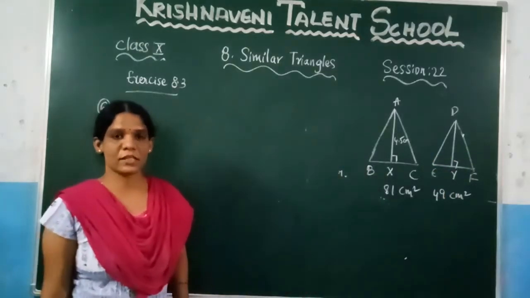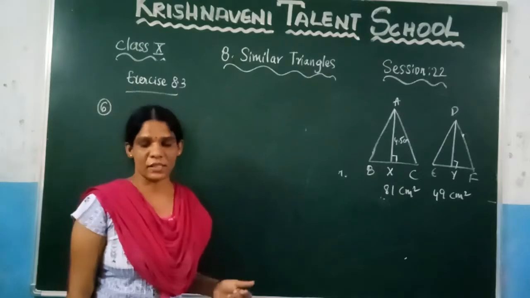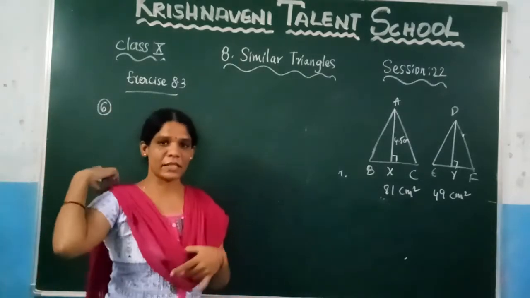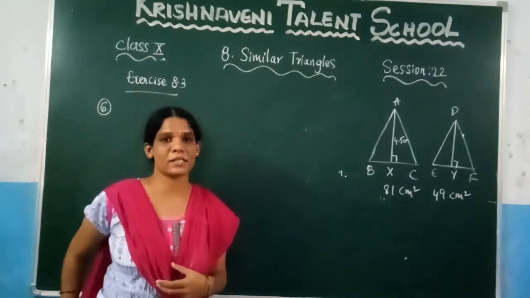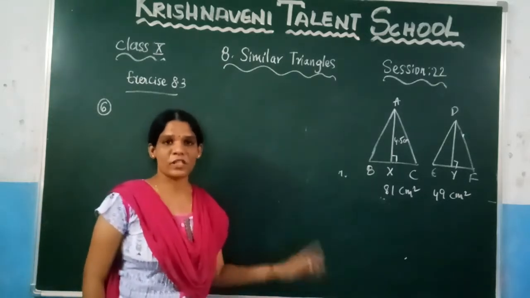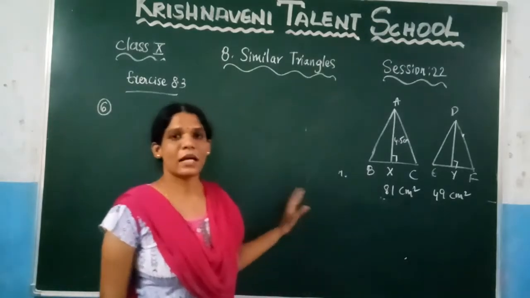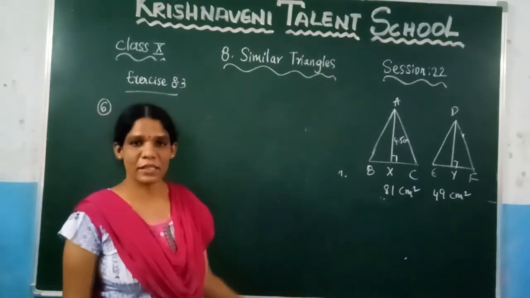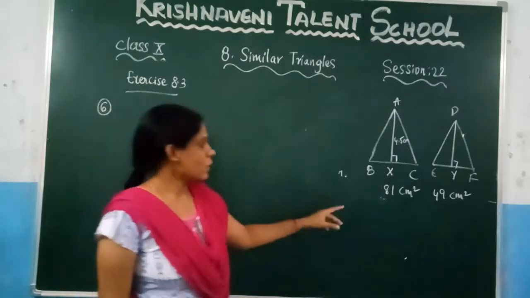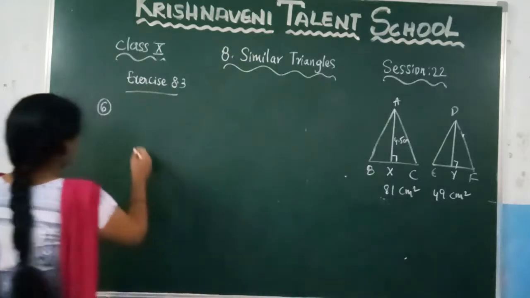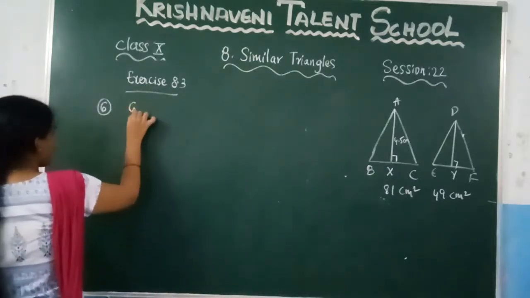And before, in this exercise only, we have got one result. I think in the third problem we discussed that the ratio of the areas of two similar triangles is equal to the square of the ratio of their medians. Similarly here you can prove that the ratio of the areas of two similar triangles is equal to the square of the ratio of their altitudes. From that you can write it here. Since we know that, let us first write what is given.